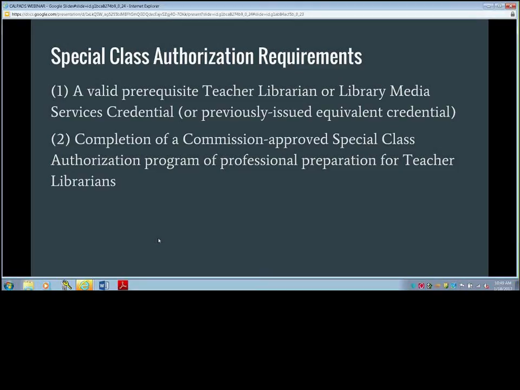It carried over. Yes. So when those regulation changes took place in 2013, we just changed the title of the document. And as Hart had said earlier, anybody who held that previously issued credential, when they renew that document, the title will stay the same, but the authorization statement on that document will be updated to include all the same options that the current teacher librarian credential offers.